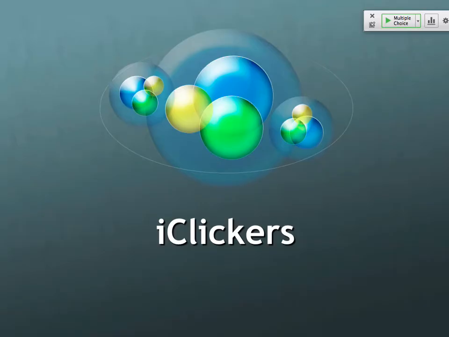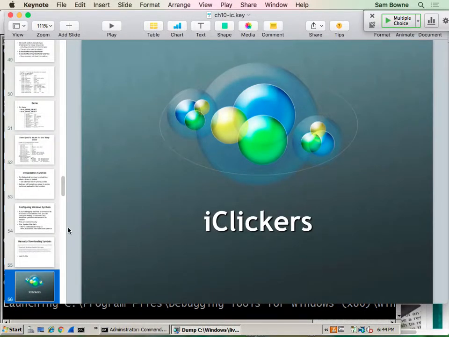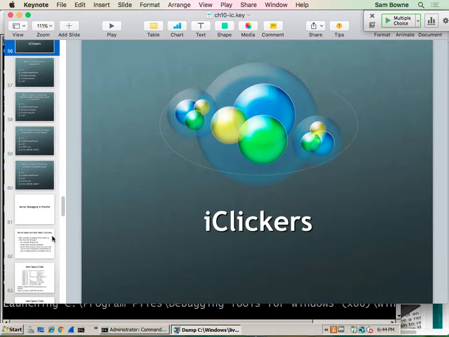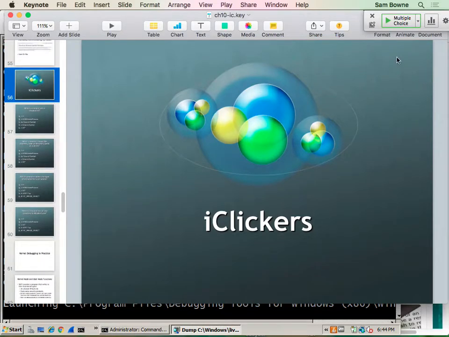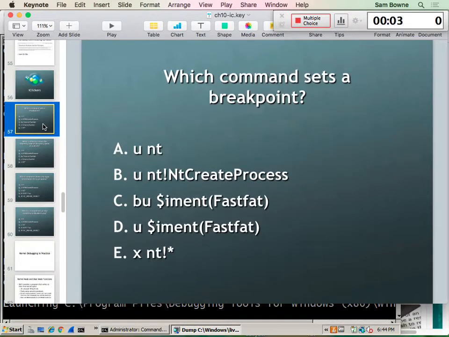All right, got a few more I-clickers. It looks like we might be able to finish this one all in one go. We'll see. Up here and here. All right. We've done that, haven't we? Oh, no, we haven't. Oh, okay. There's another set. Which one of these creates a breakpoint? Okay. What have you done? It's another kind of breakpoint. Did you show us this breakpoint? I did. In fact,